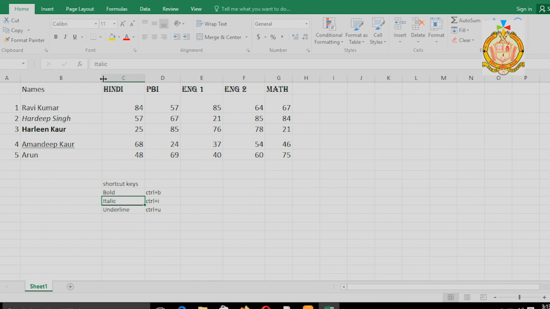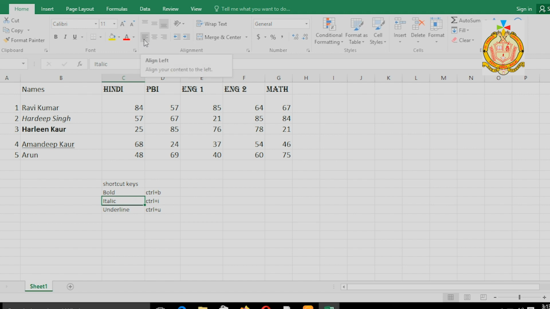Then our next topic is changing alignments of data. These are the alignment steps. These are the three major alignment steps. It is also in your syllabus, only three are in your syllabus, so I have to discuss only three.